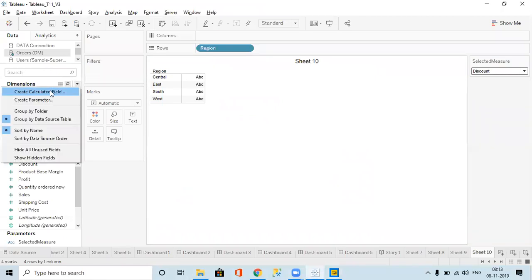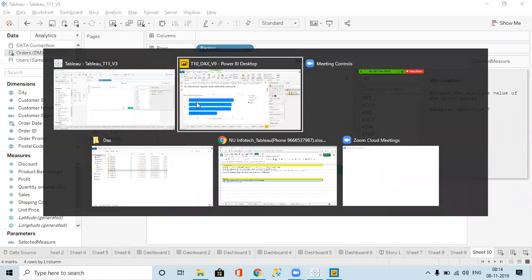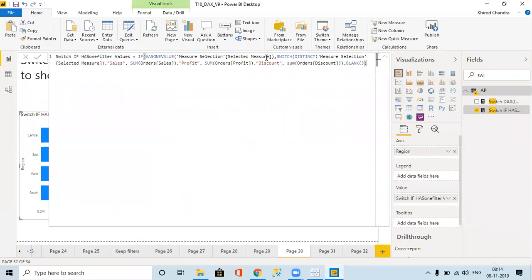How do I do that? I can create a new calculated field and give it the name selected measure. Here I can write the formula. Here we don't have to write it the same as in Power BI, where we write if it has one value, if any one is selected, show me that.